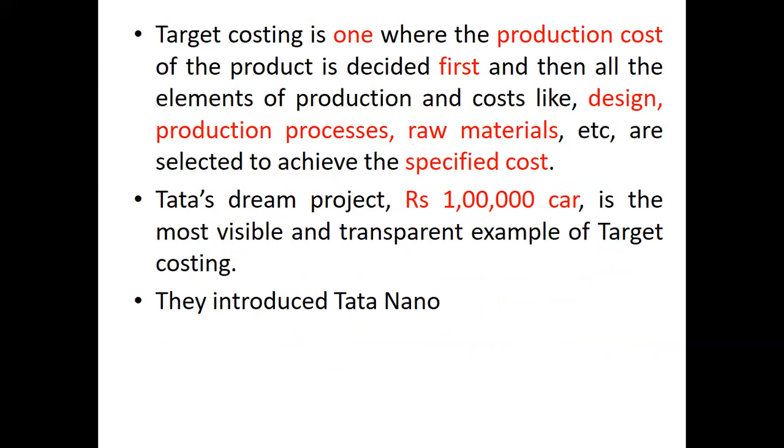Now see, target costing is one where the production cost of the product is decided first. Just as we have discussed, we will decide the production cost through the targets. तो ये product इतने में ही बनाना चाहिए. But we should not negotiate with the quality. We should not adjust with the quality. So here in target costing, we should decide the production cost in advance. Then all the elements of production and cost like design, production process, raw materials are selected to achieve the specific cost. So once we have decided the target of our production cost, then on the basis of this,